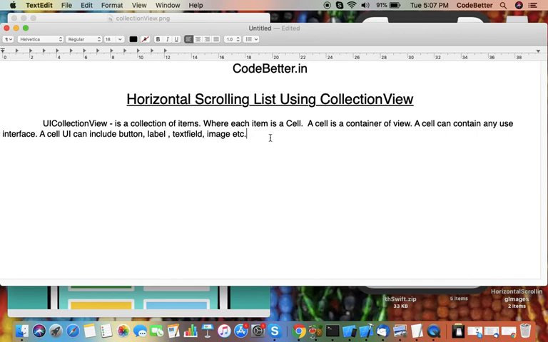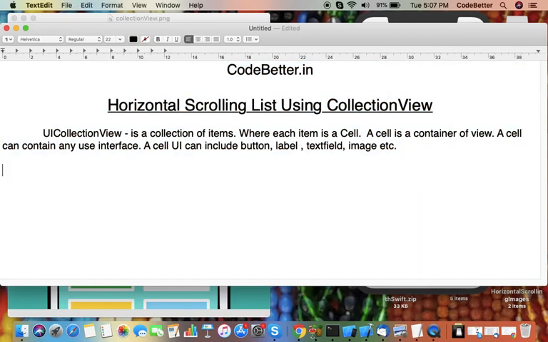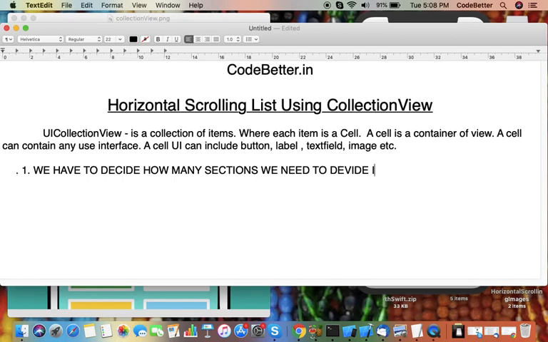Now we have to decide, number one, how many sections we need to divide the items into. Number two, how many items we need in each section of our collection.